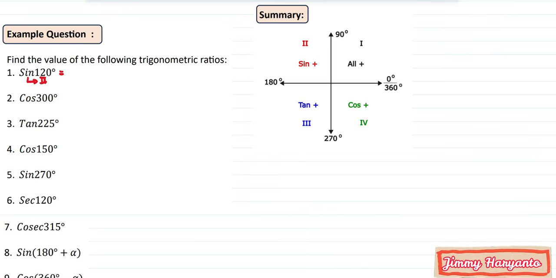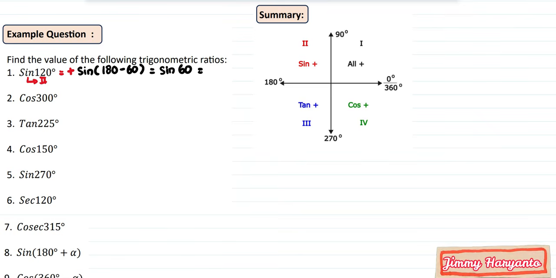Because it's in the second quadrant, and sine is positive in the second quadrant, this one will become positive. Then, as I told you before, you have to change the 120 degrees using a reference. The reference that is very close to 120 is 180. So I can change the 120 into 180 minus 60. And then, as I told you before also, the 180 will be ignored. So the final result is sine 60. This is how you convert the 120 into an acute angle.